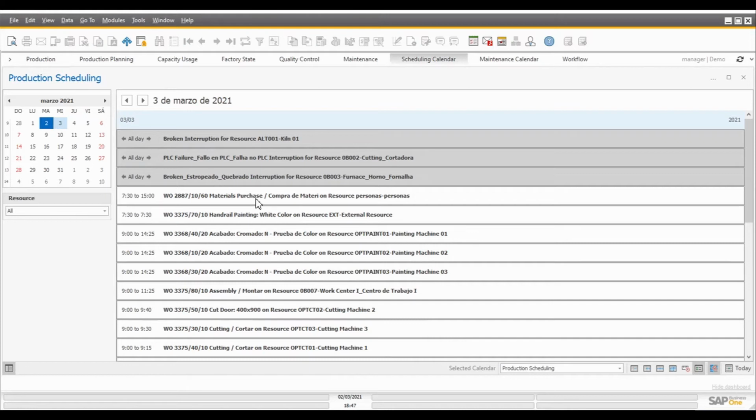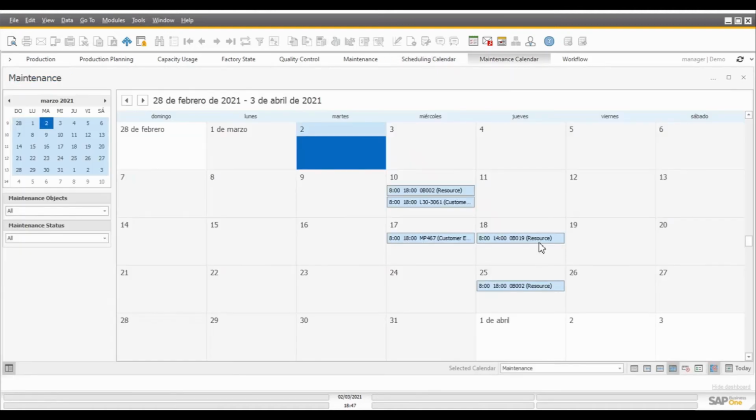Every time an employee logs into an operation, this operation becomes green, and the name of the employee that is working on it is written before the description of the operation. So the employees can know who is working on each one of the operations and which ones are still pending to be done. On the maintenance calendar, we have a plan of all the maintenance orders created for the different